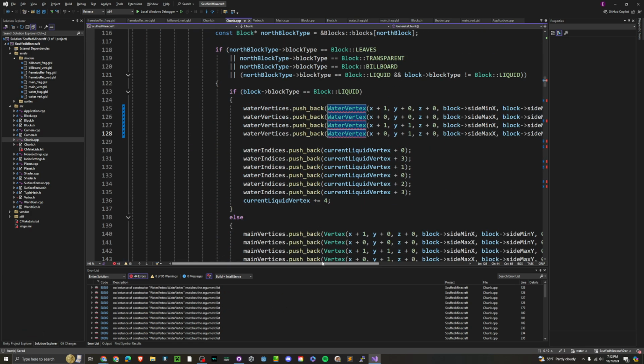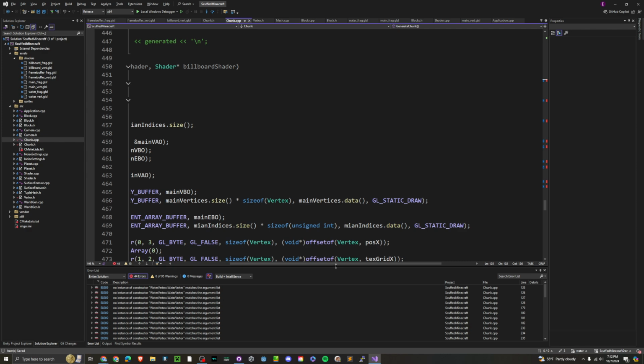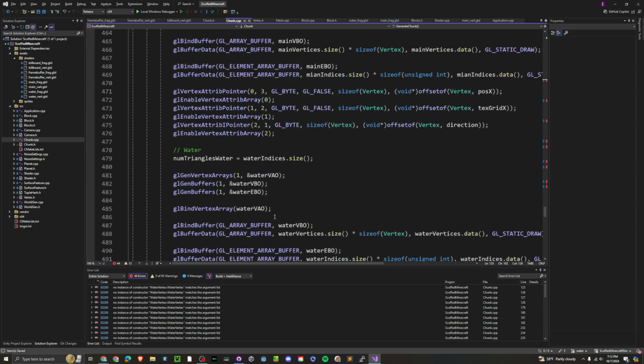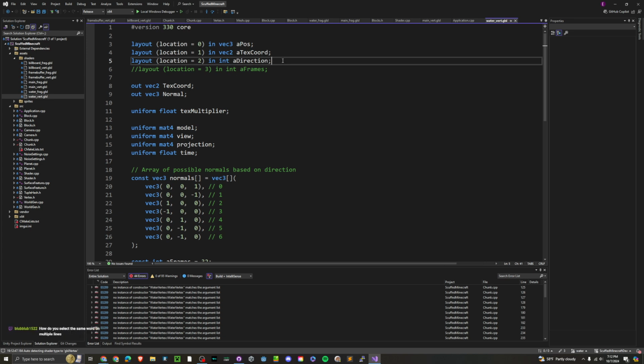Okay, so every single one of these also needs a new boolean now, I guess. So true for top. We'll figure that out later. Let's actually pass in this data first and make sure that I can actually use these. Because for example, what we need to do is go in here, and we're going to need a new layout thing. We're not doing A-frames. We're doing in bool